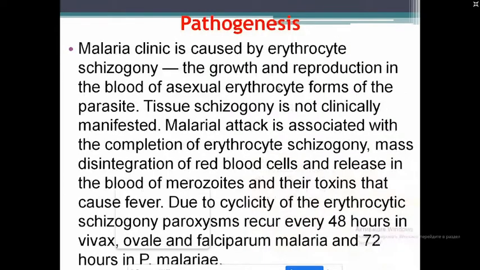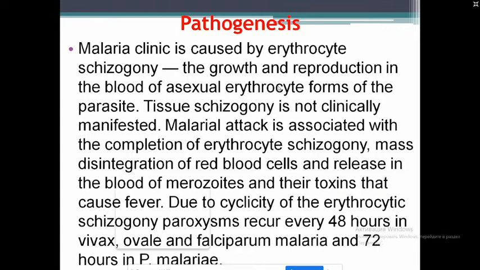Pathogenesis. Malaria clinic is caused by erythrocyte schizogony, the growth and reproduction in the blood of asexual erythrocyte forms of the parasite. Tissue schizogony is not clinically manifested. Malaria attack is associated with the completion of erythrocyte schizogony, mass disintegration of red blood cells, and release in the blood of merozoites and their toxins